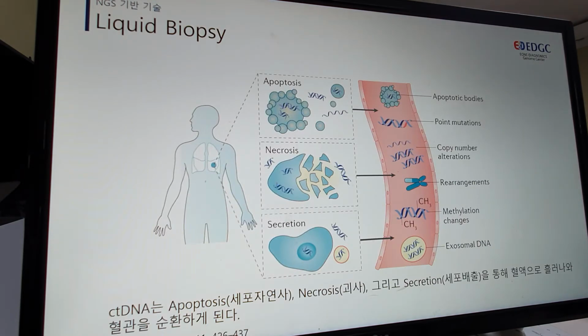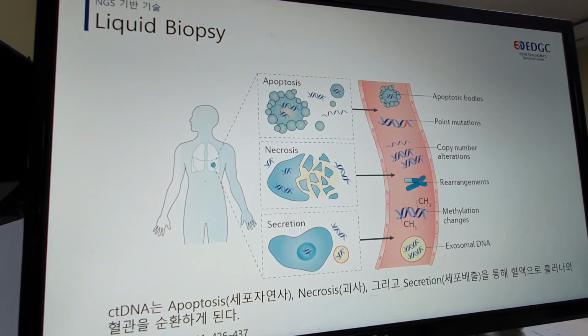And the other one is liquid biopsy. So liquid biopsy is the same as NIPT. In NIPT, we check the fetus's cell-free DNA. In liquid biopsy, we check the ctDNA. ctDNA means circulating tumor DNA. So if a cancer cell is growing,